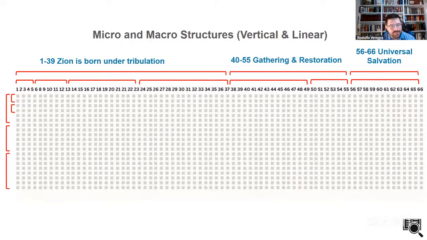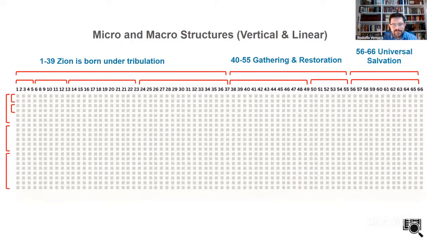But then from Isaiah 1 to 39, they get in trouble, because, as somebody mentioned in the comments, of covenant breaking. That's what really gets people in trouble in the book of Isaiah. So now they're reborn in Isaiah 37 under tribulation. That's when we see the daughter of Zion being brought to birth. And we see a similar idea in Revelation chapter 12, the woman in travail, right? She brings forth the church of the Lamb, and so forth. So they get into trouble, tribulation comes, and then Zion is born that way.